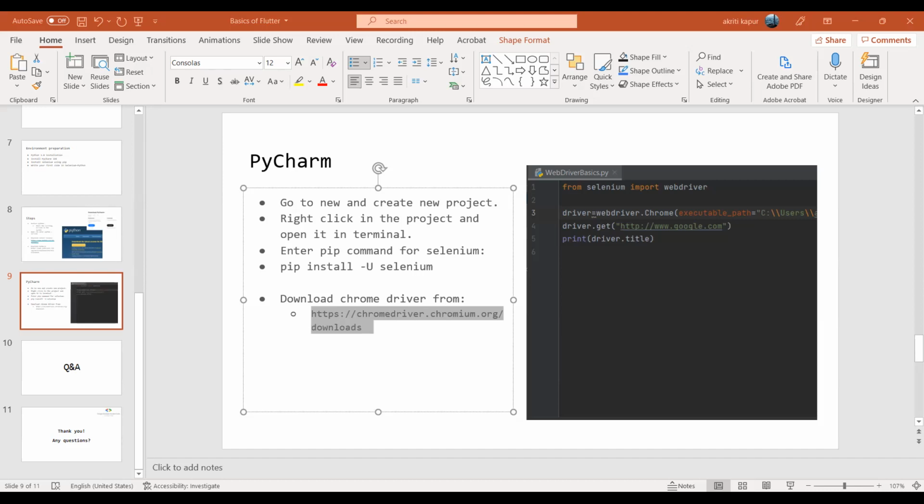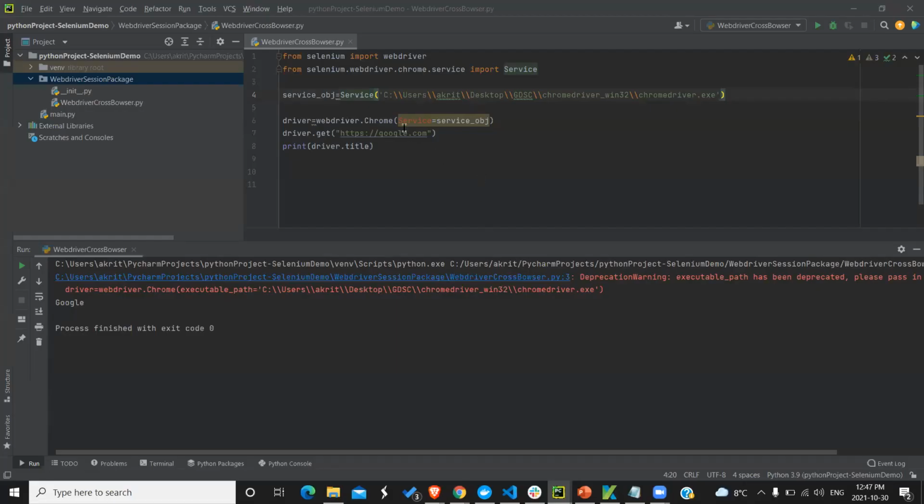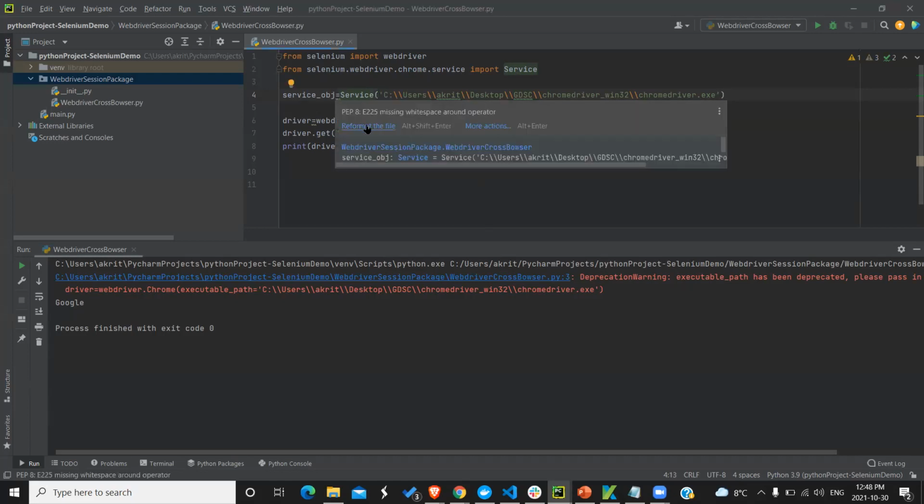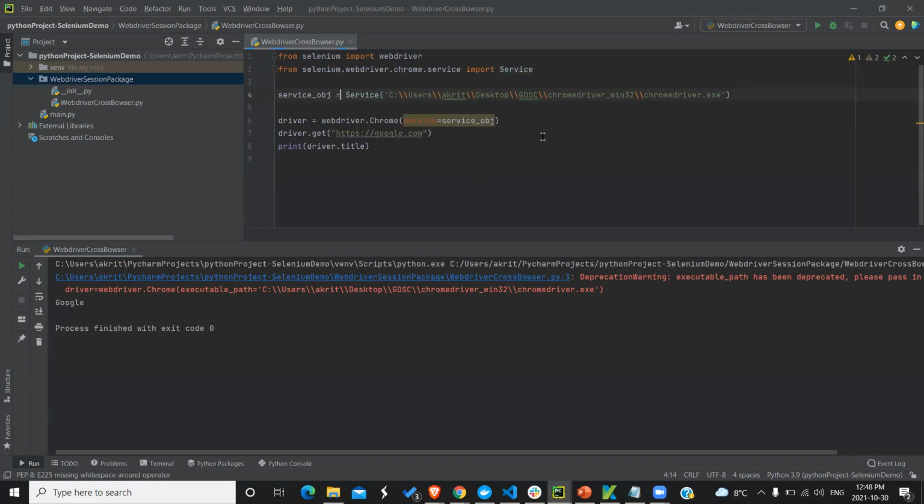I have imported from selenium.webdriver.chrome.service import Service. The executable path that was mentioned here in the Chrome driver, this line 6, is now provided in Service, because Service is a method that will ask for the executable path explicitly.